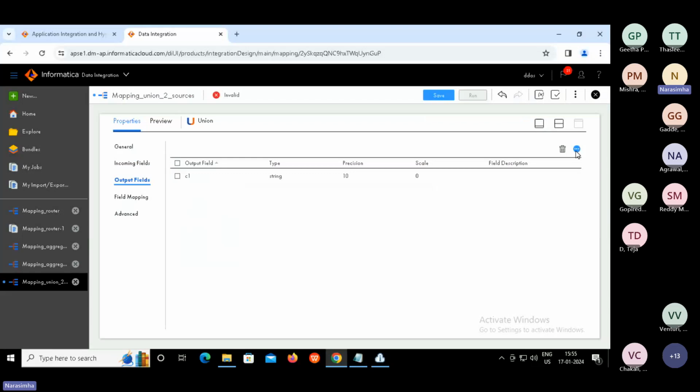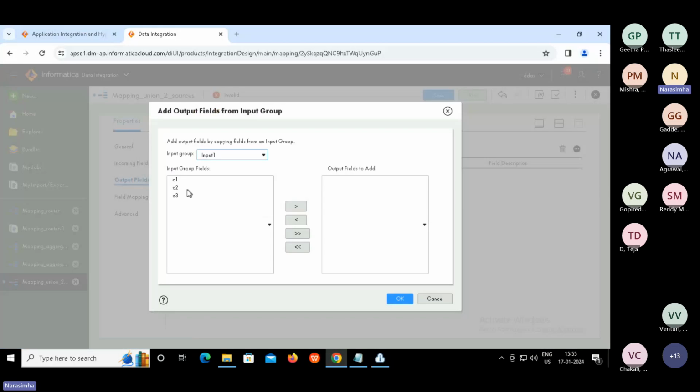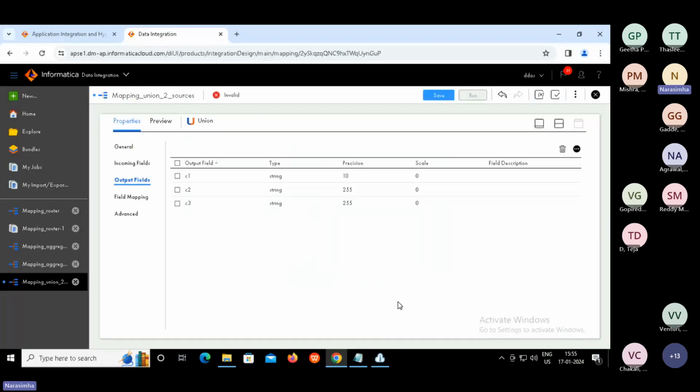Likewise, we can add any other fields also. So again, click on the three dotted button. We will also use other options. Select from input group. See, select second, click on the greater than symbol. C3, click on the greater than symbol. That's all. So this way, we can add output fields.